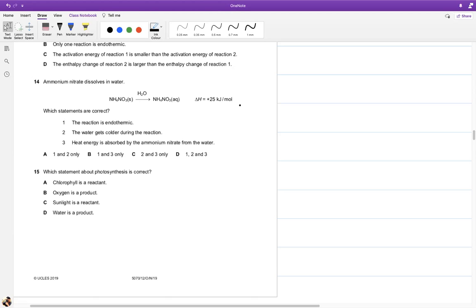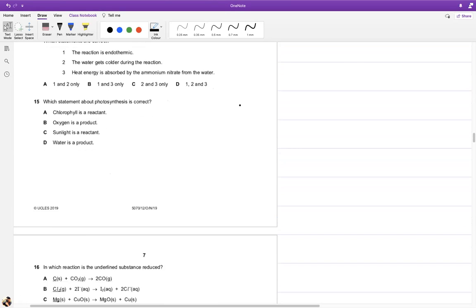Yes. Sunlight is a reactant. नहीं, sunlight को use करके वो energy absorb कर लेता है. It's not matter. Reactants are always matter. Products are always matter. Sunlight is not matter. Sunlight is light, energy. Water is a product. No, water is a reactant. They absorb water from their roots, from the environment. I don't know exactly water कौन से वाला use करते हैं वो. Like the water that we spray on them or the water that they get from the roots. I don't know. Does anybody know bio?